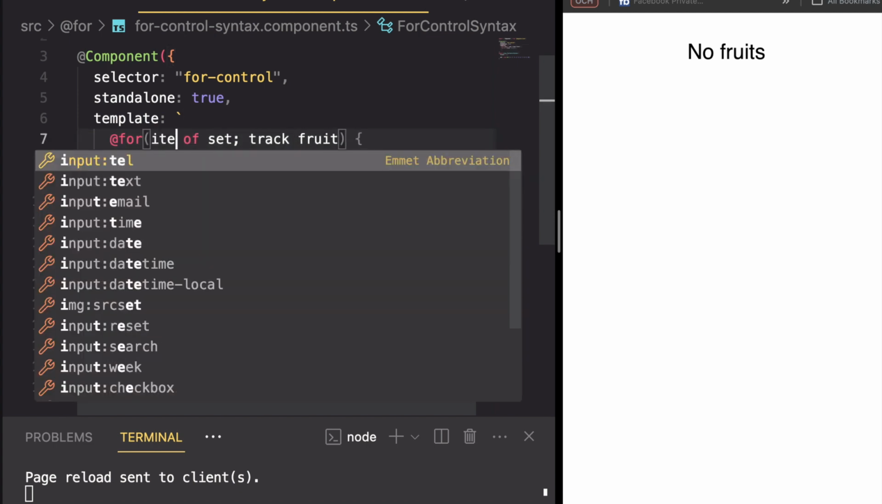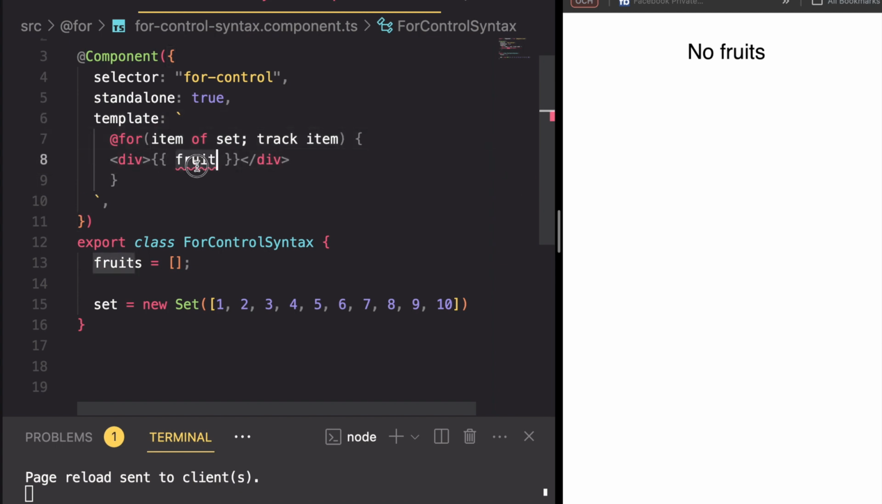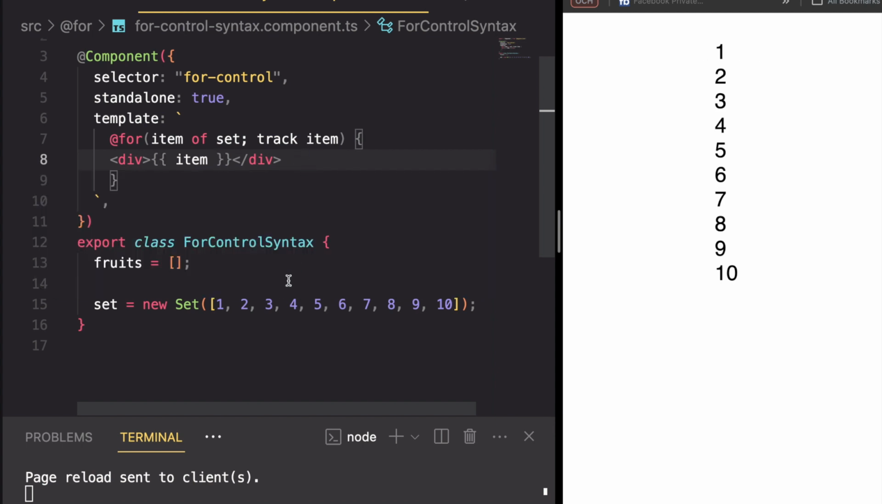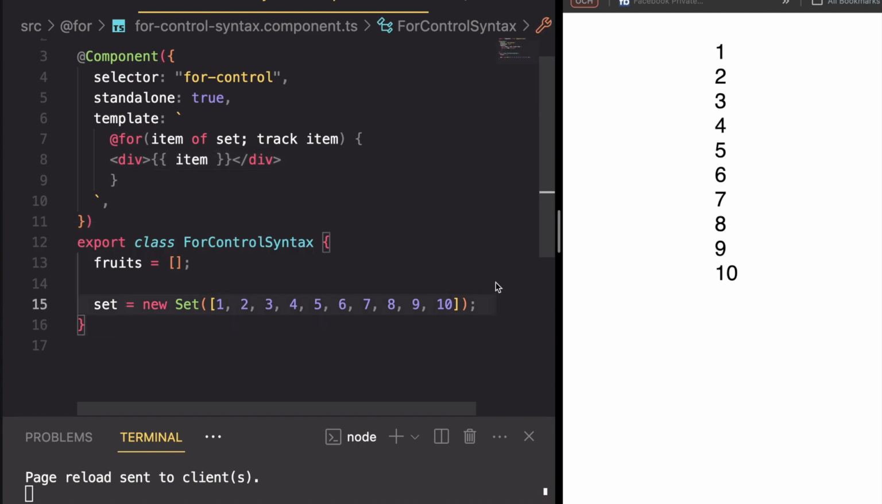Let's call this item. So we'll call this item. Then we'll call this item. So as you can see, set is used to hold unique items in it. The @for has already iterated over all the items in it and displayed it in the DOM. So set is an iterable object, and that is where we're able to use the for of control